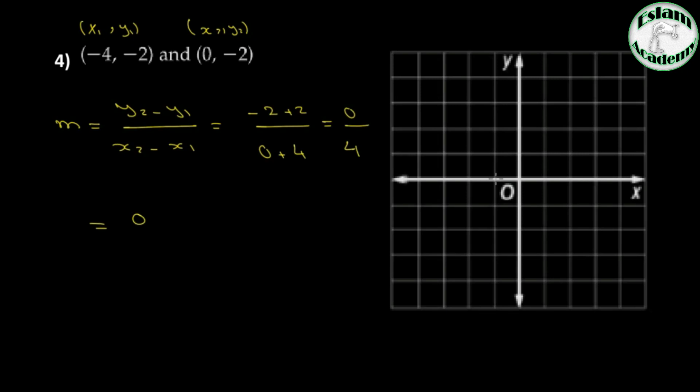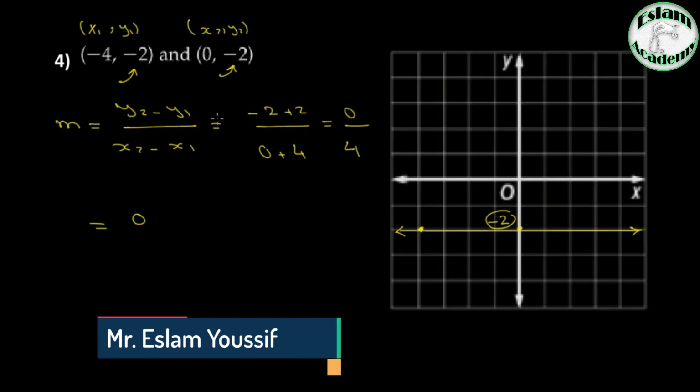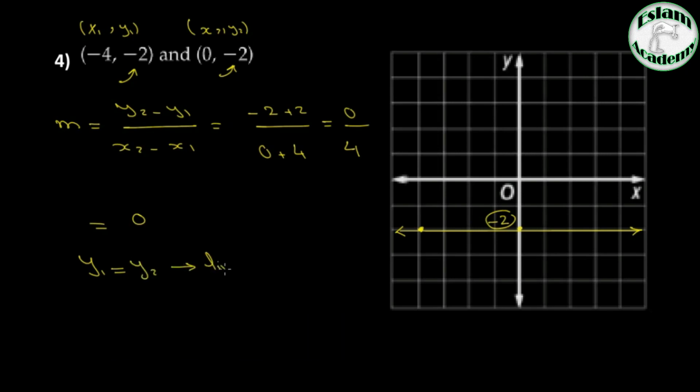Now we can see how the graph will look. For the first one, we have -4 and -2. That is the first point. The second one, 0 and -2. If we draw the line, you will find that we have a horizontal line parallel to the x-axis and intersecting the y-axis at the point -2. Look at the points that we have, (-4, -2) and (0, -2). We can note that y1 is equal to y2, which equals -2. So if you find that y1 is equal to y2, then we have a line parallel to the x-axis,